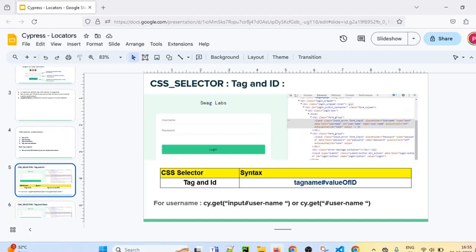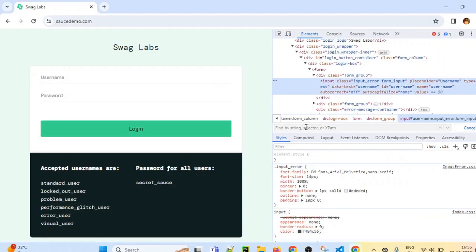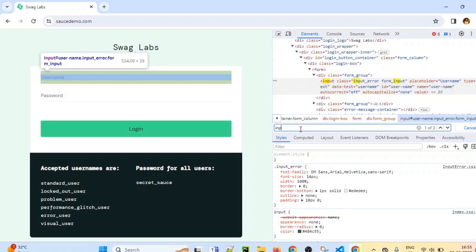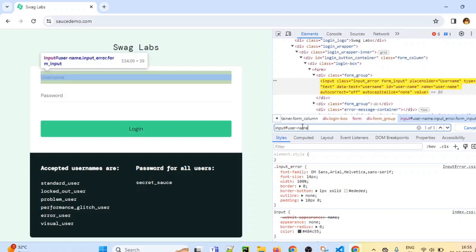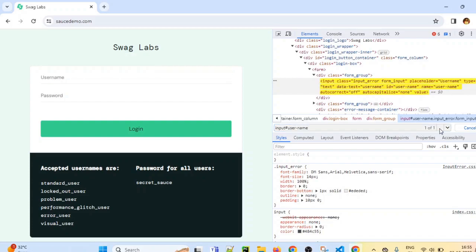If you have tag and ID, then we can use tag name, hash and value of that ID. So here, input is a tag name. After that we have to provide hash and then value of ID. So user hyphen name is the value of that ID.